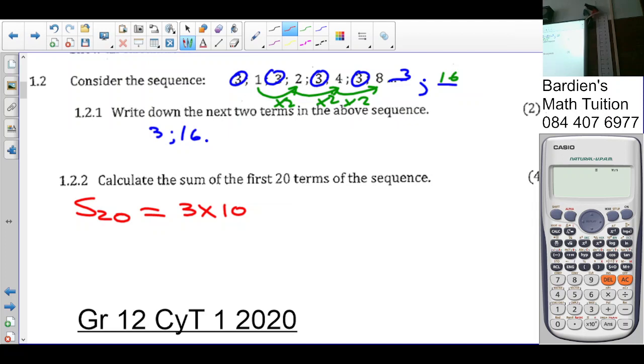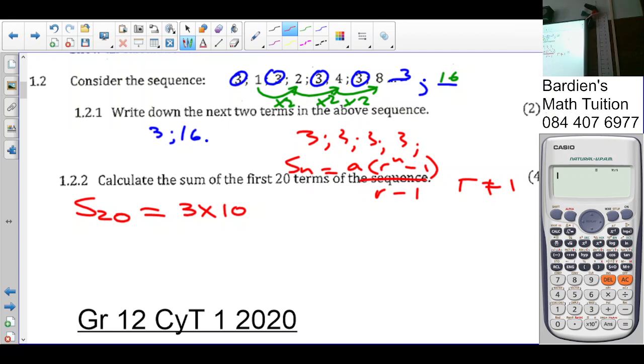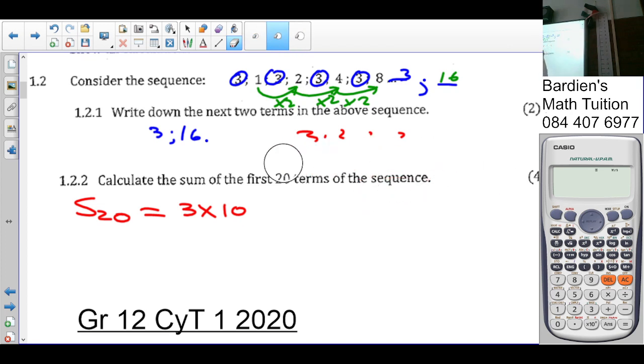Now yesterday some of you came up with, you saying if you got 3, 3, 3, 3 as a sequence, then you use the geometric progression as the sum of. Not so. But there was a condition when you worked out the sum of n terms. Okay? For the formula a r^n minus 1 over r minus 1, r can never be equal to 1. But you said r was 1. Can you see that, people? So, as you can see,